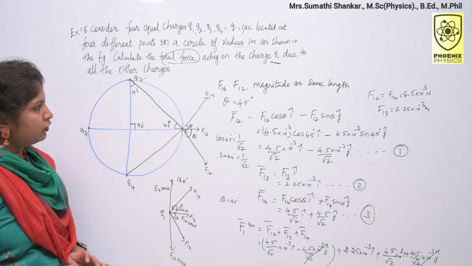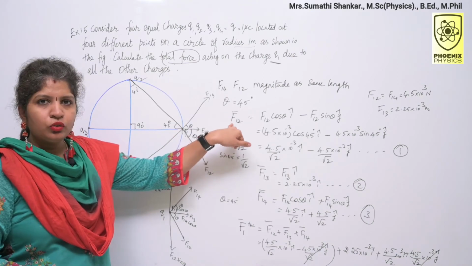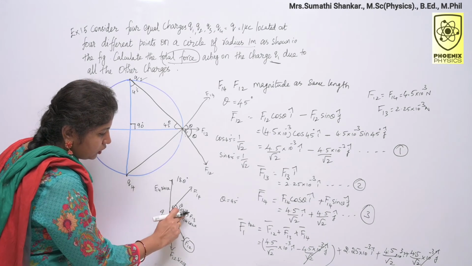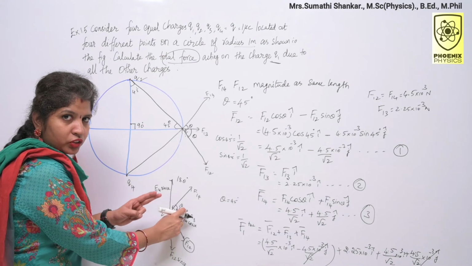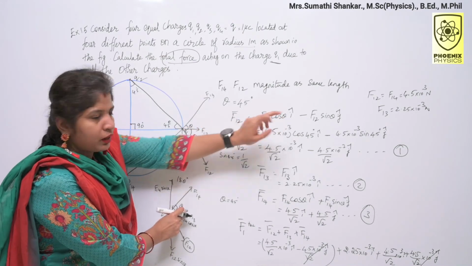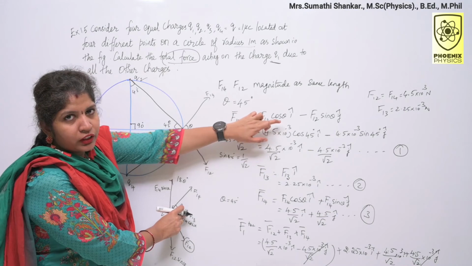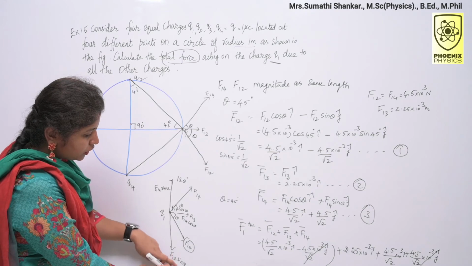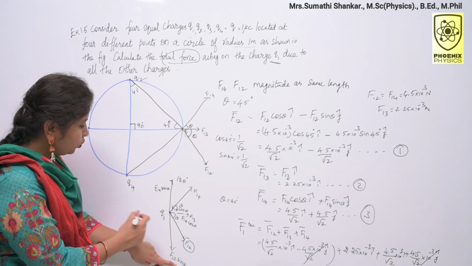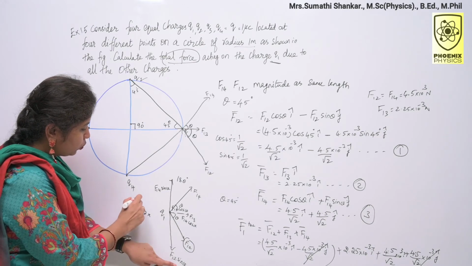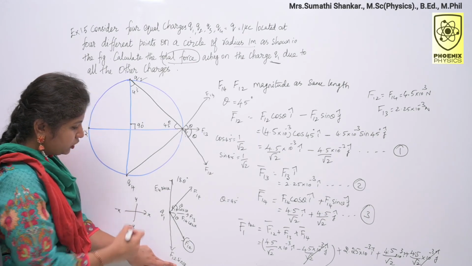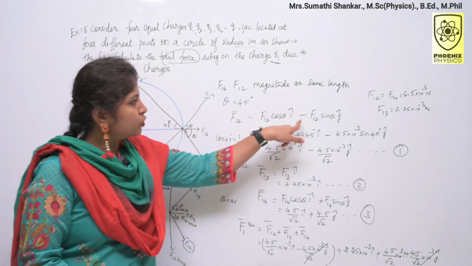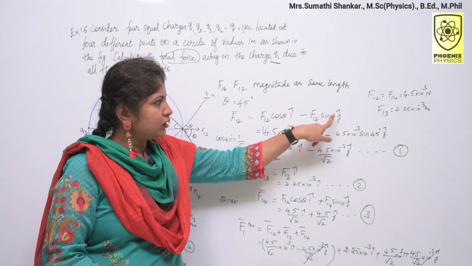Now write the formula. How do you write F12? Which is F12? This is F12. F12 cos theta. This cos theta is in the positive x direction, so you should put i cap. You know that i cap is the unit vector which acts in the x direction. Then this is my vertical component, F12 sin theta. It acts in the negative y direction. X, y, this is minus x minus y. So this F12 sin theta acts in the negative y direction, so you should put a minus sign here. F12 sin theta j vector.